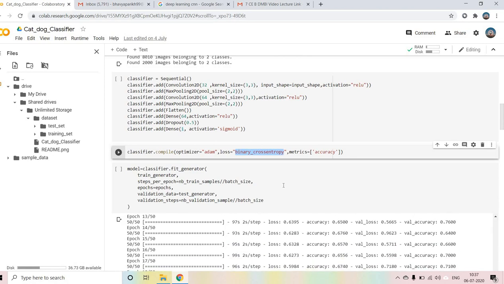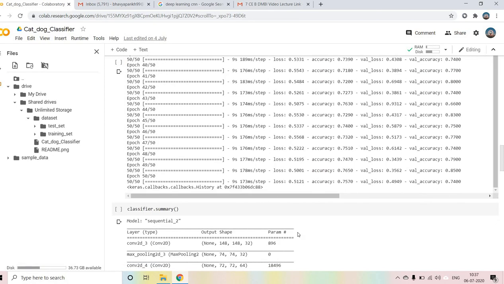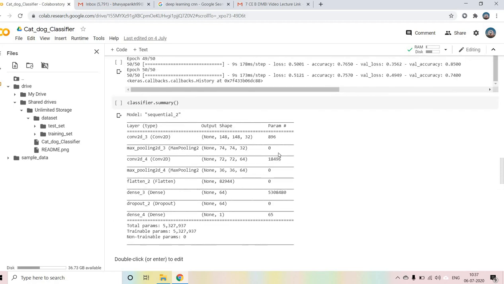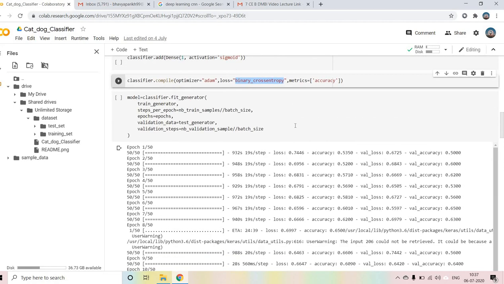You can see the parameters over here, going from 896 up to 5 million plus. For this transition, we cannot go for the machine learning losses, so that's why binary cross entropy.